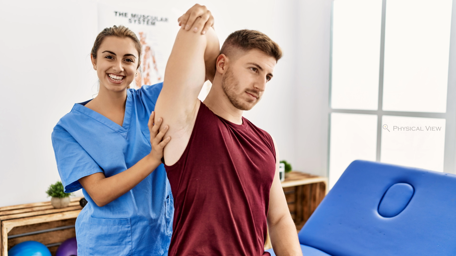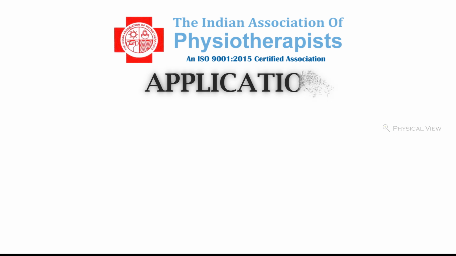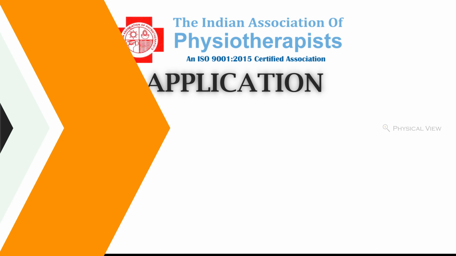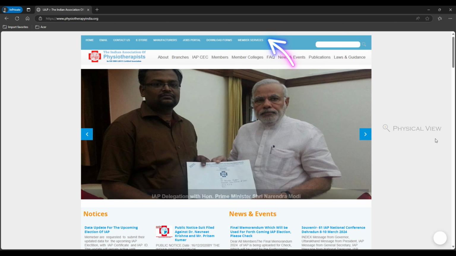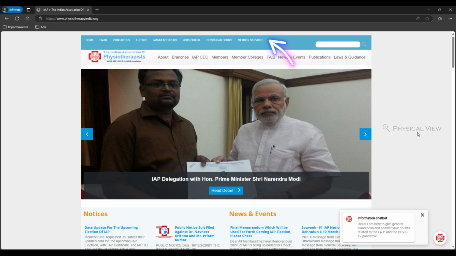Now, let's move on to the application process. Here are the steps you need to follow. Visit the IAP website. Go to the Indian Association of Physiotherapists to access the membership section. Click Member Services.